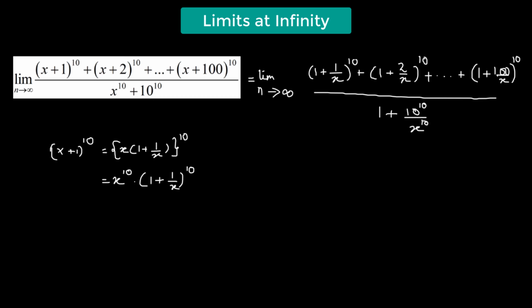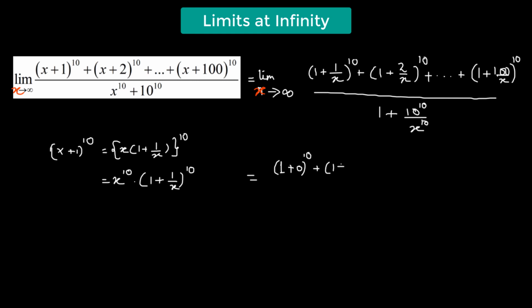Now we substitute for the value of x. So here I made a mistake. So this is not n, this is x. Anyway, so 1 over infinity is going to be 0. So we have 1 plus 0 raised to the power of 10